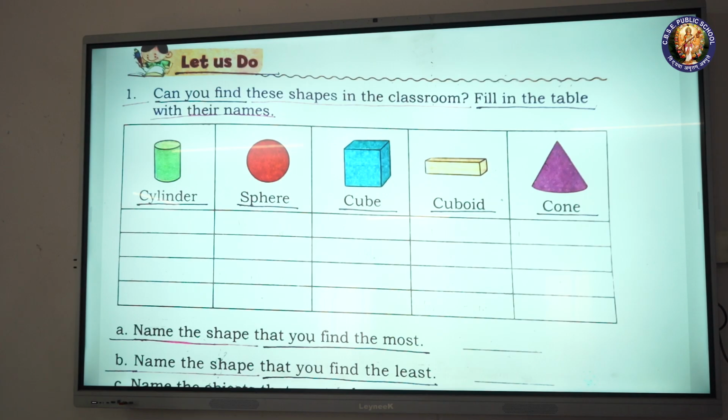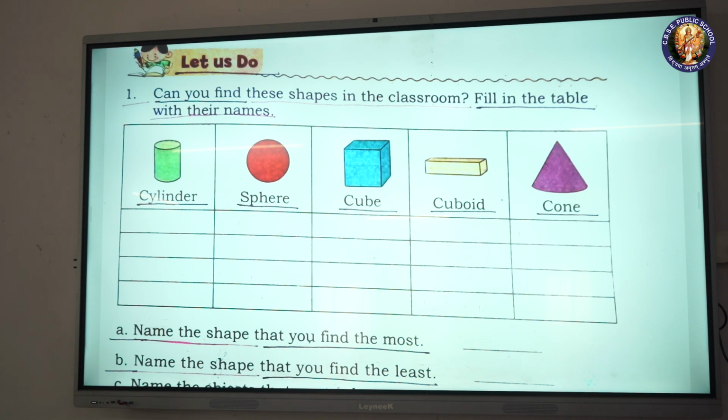Let us do. 1. Can you find these shapes in the classroom? Fill in the table with their names. Cylinder, sphere, cube, cuboid, cone.